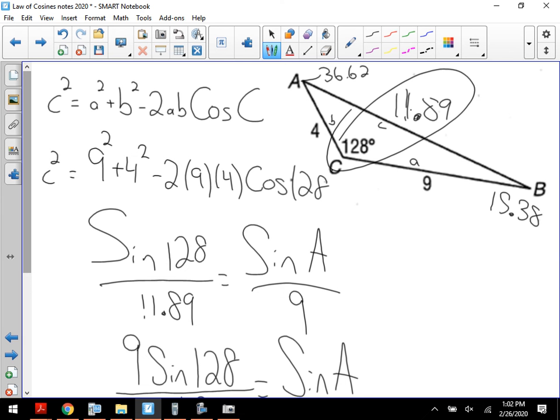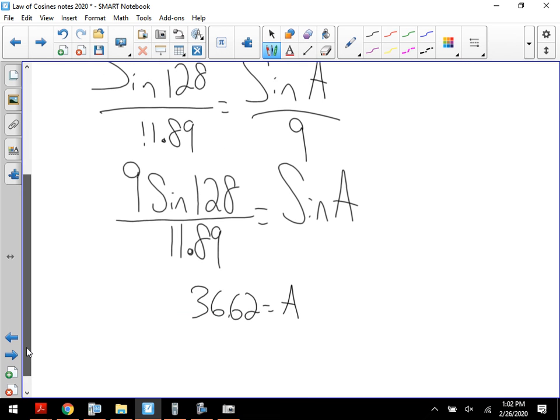That version of law of cosines is pretty straightforward. You type everything in, square root it, and then you just jump to the law of sines. The weirder version of it is when you have to find the angle. When you have to find the angle, you have to break it down into a smaller multi-step equation. For example,